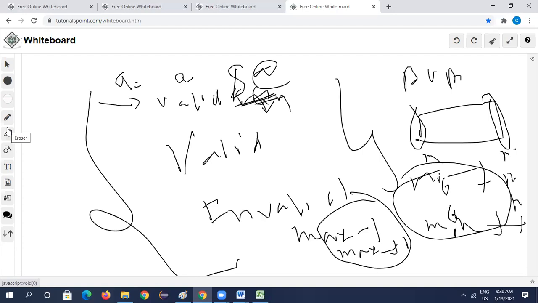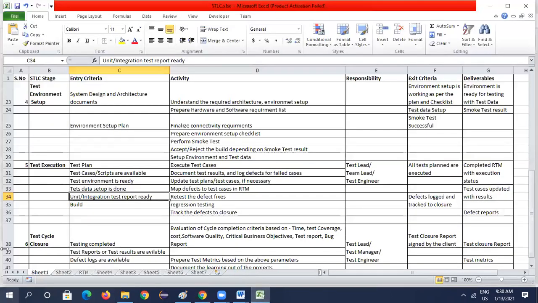Because if you go through the unit test document and do testing, you will be caught. Your project manager will understand how you have done your testing. So never go through the unit test document unless it is very critical and required. That is one important point you need to note.